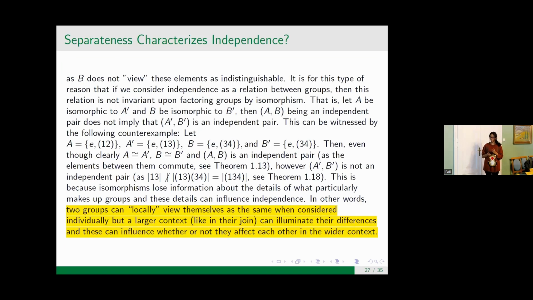So there's a point to note, therefore, that for this relation of independence, it's not invariant under isomorphism. It really depends on the details. So the details, as we can see, really matter. Two groups can locally view themselves as the same when considered individually, but a larger context like their join can illuminate their difference, and this